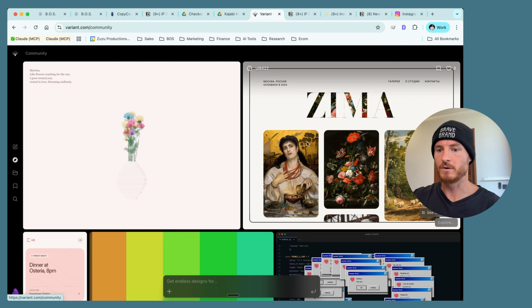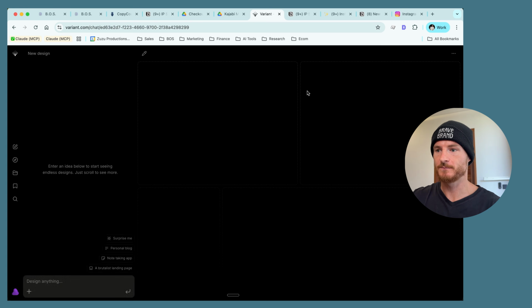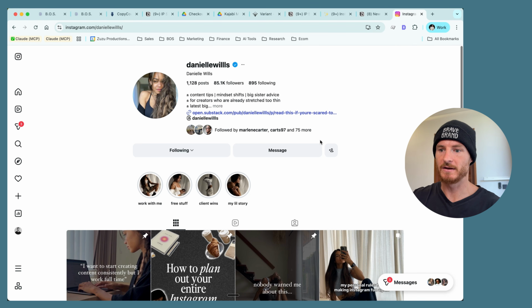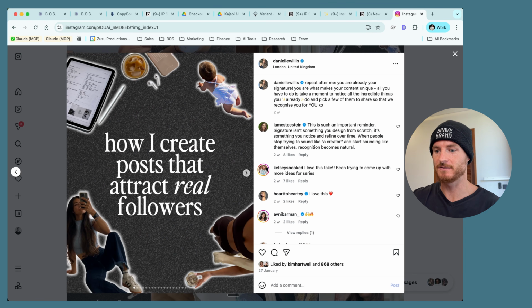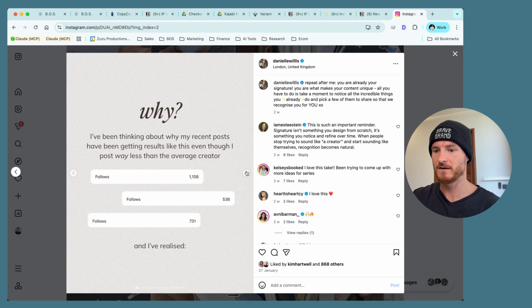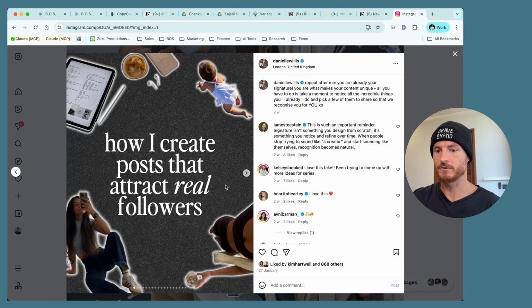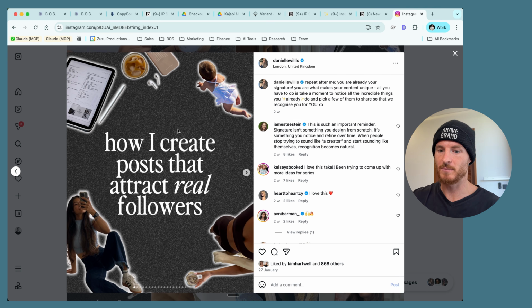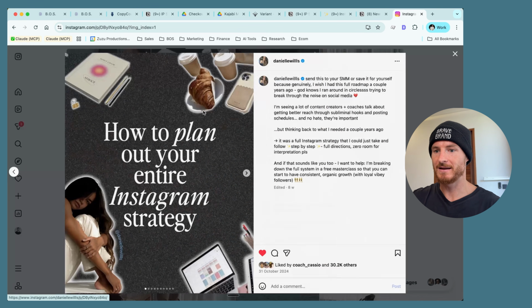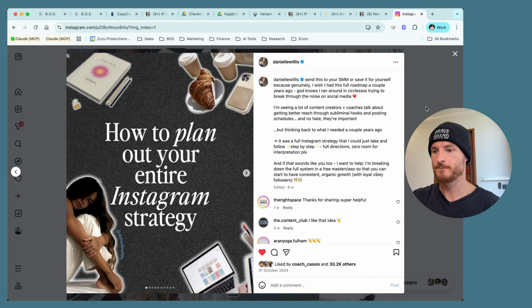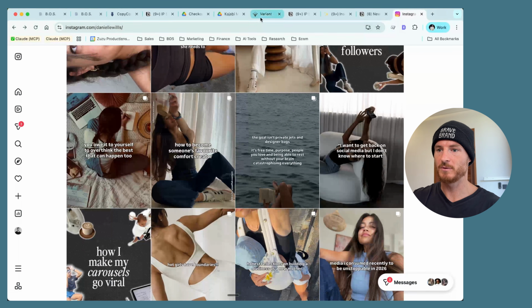So what I'm going to do is just go into Variant, and I'm first going to go onto Danielle's Instagram page because she has specifically said she really likes this new style that she's created of her carousels, right? So this was one of her design references for me. She was like, okay, if you can make the page look like this, that would be fantastic, right? So I'm going to go ahead and take some of these images, grab them, and I'm going to drop them into Variant,